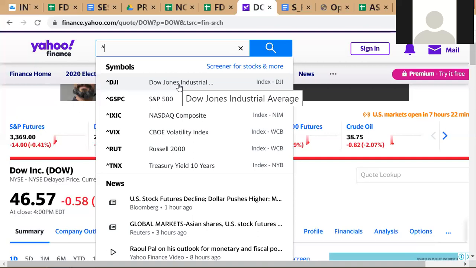So if you're referring to the stock index, you have to say that I'm talking about the Dow Jones Industrial Average. Or if you just say Dow Jones, that's fine. But if you just say Dow, then it's a little confusing. Are you talking about the chemical company or are you talking about the stock index? Is that clear? Yes, sir. So let this be a pointer to everybody. Every time you speak about something in finance,